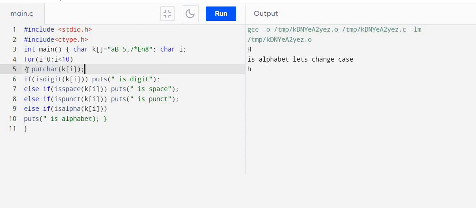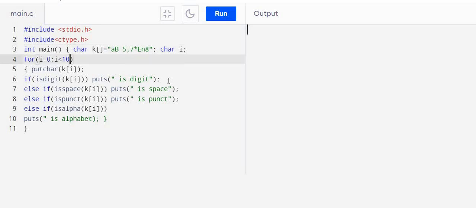Now, this is matching with this for loop. Here we forgot i plus plus, and this is matching here.